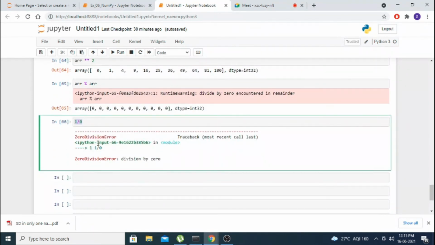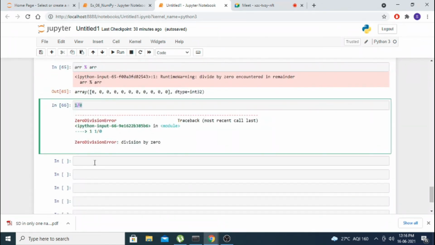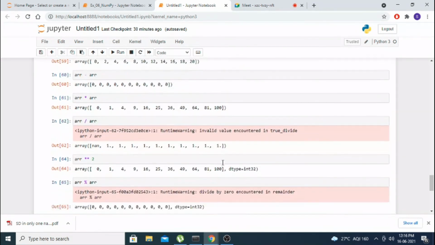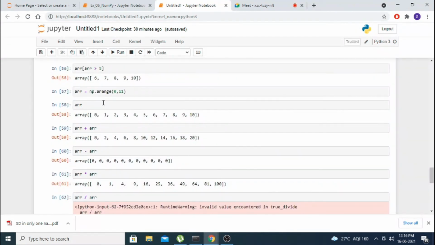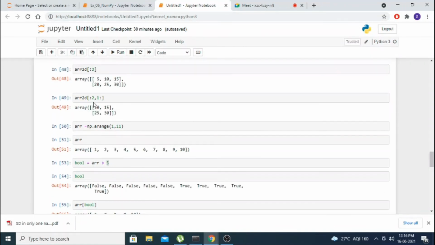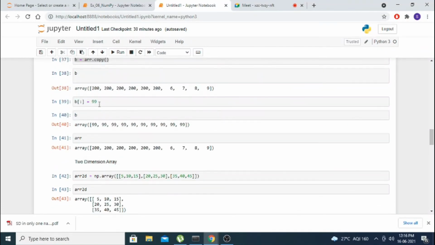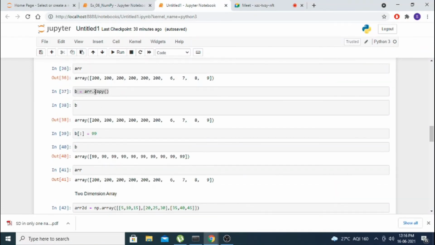And now if you want any universal function, a lot of universal functions are there: the square root of all the elements in the array, sine of all the values, cos of all the values, it is also available. For universal functions, what we have to use? Here in all this we are using array dot copy, like that we are using ARR copy. One second, I am showing you. Array copy we are using.